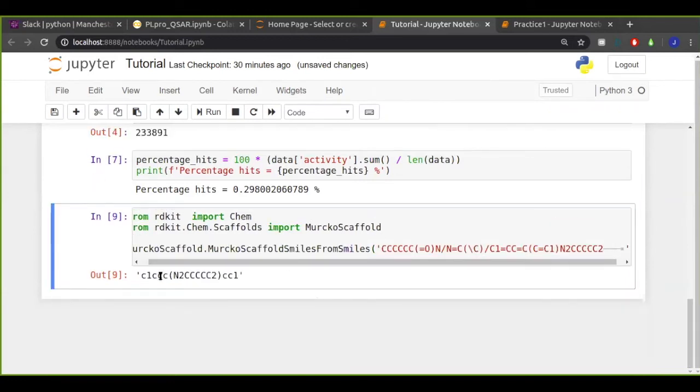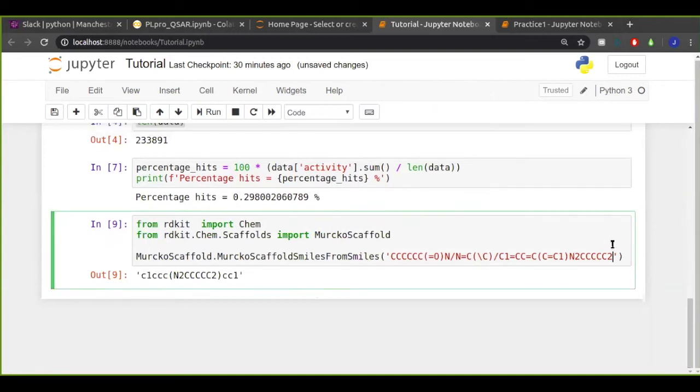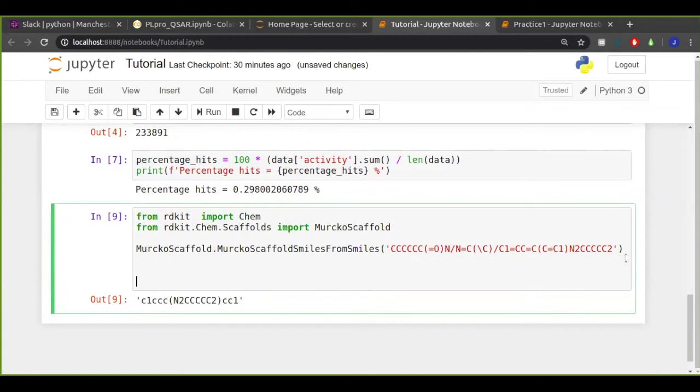So you can see it's returned a smiles that's significantly shorter than what went in. And we can compare them if we want. Let's make an object called mole and call chem.mole from smiles. So I've included double quotes in there by accident.